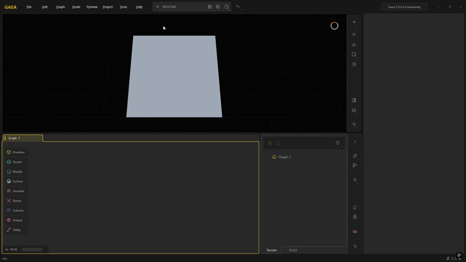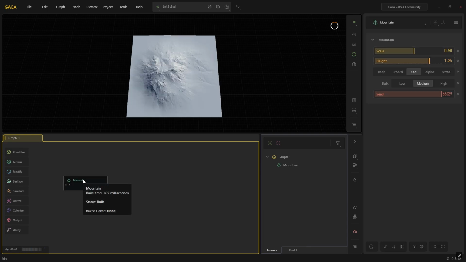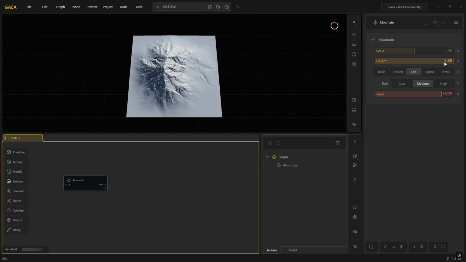So you can see here I've opened it up and I've got a blank canvas. And I'll start off by just creating a mountainous terrain, and that will show some of the features that I want to discuss today. So I'm just going to right click in the graph, do mountain, and then in the settings over on the right hand side I will put the height all the way up to 2, or actually let's do it all the way up to 3. Let's do eroded and high,